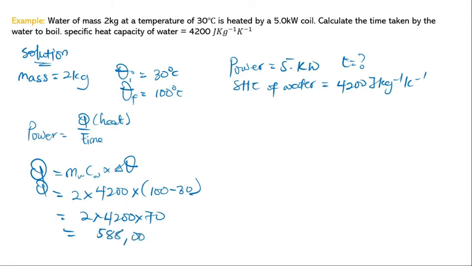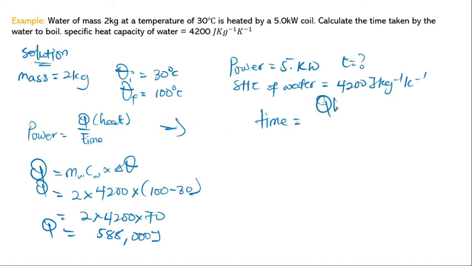588,000 joules. So this is my heat energy when you use a 5 kilowatt coil to boil water from 30 degrees Celsius to 100 degrees Celsius. So now that we have the heat energy, let's do the substitution and find the time taken for the water to boil. So from here, if we make time the subject,